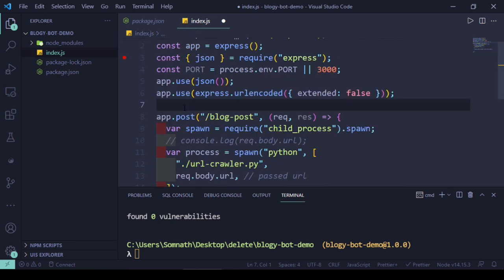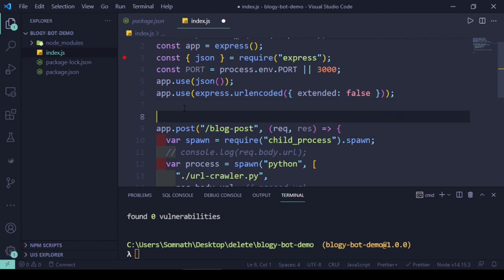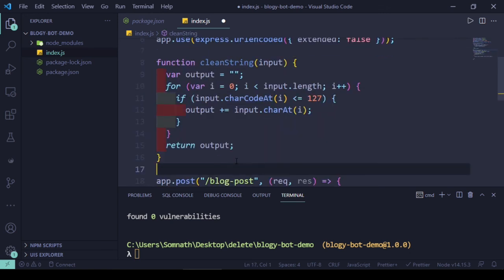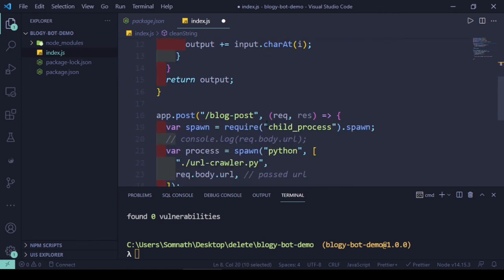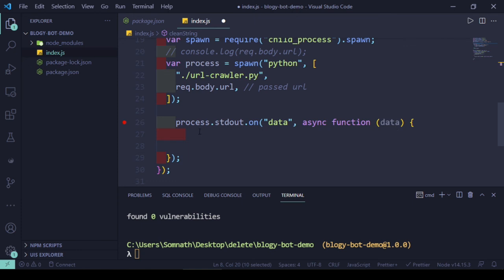Let's create one clear string function, and its job is, if I get any characters which are not known in UTF-8 fashion, it will discard that particular unknown character. I'll use this function in our process standard output on event handler, like this.